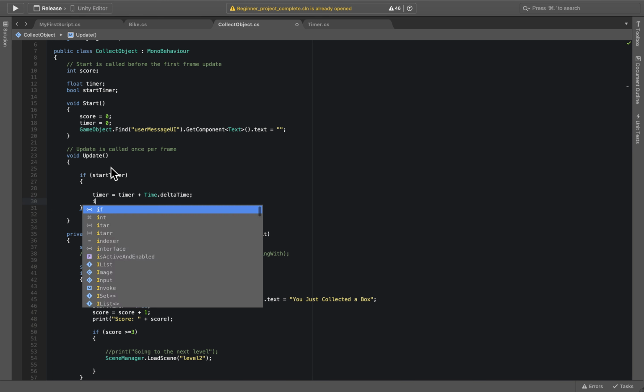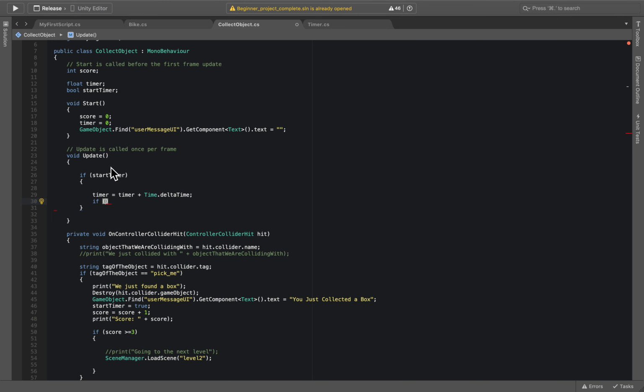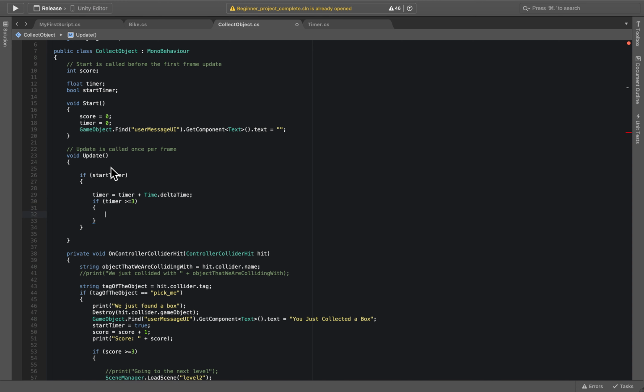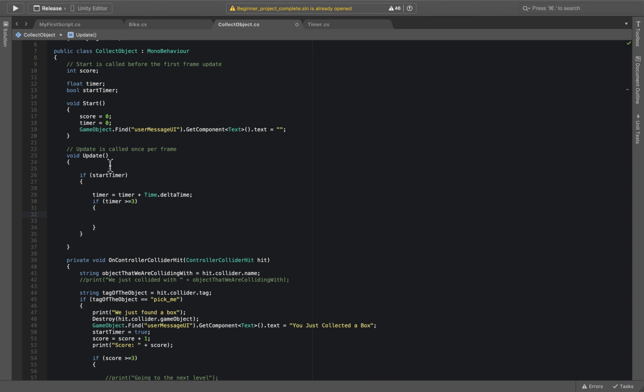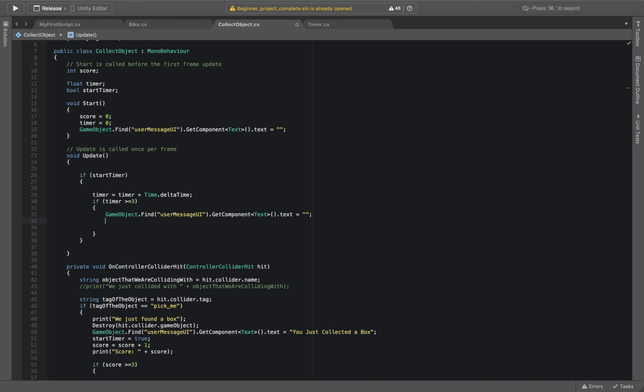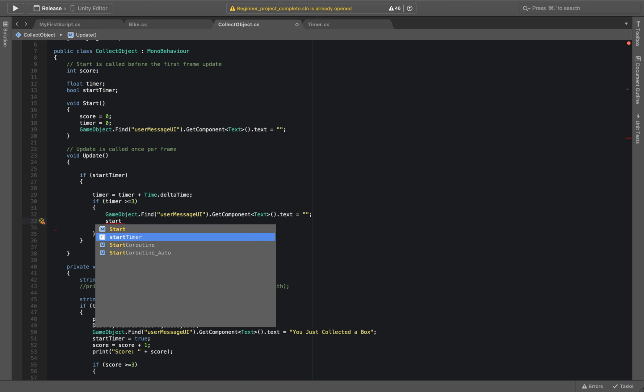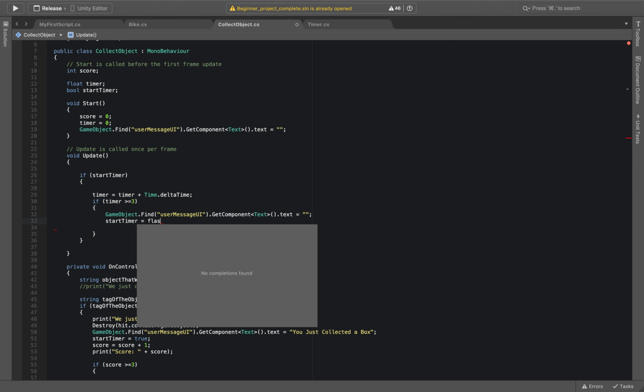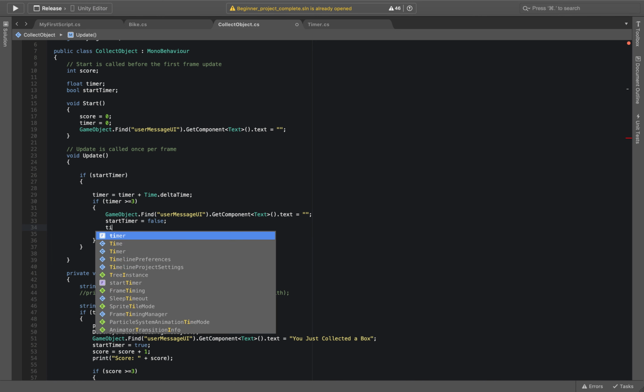And we're going to say that if timer is more or equal to 3, then basically we will do two things. We will first erase whatever is displayed on screen in terms of user message, and then set start timer equals false